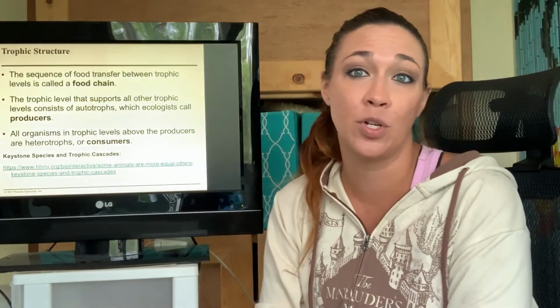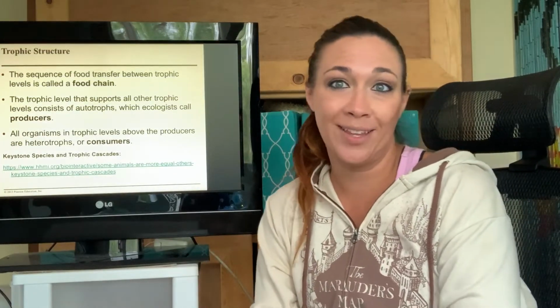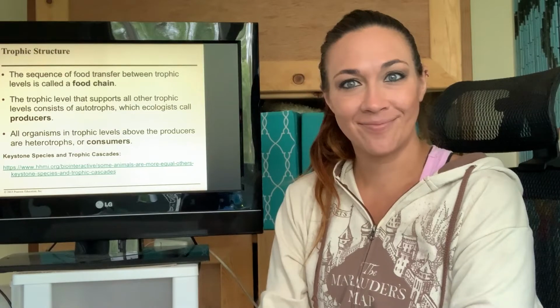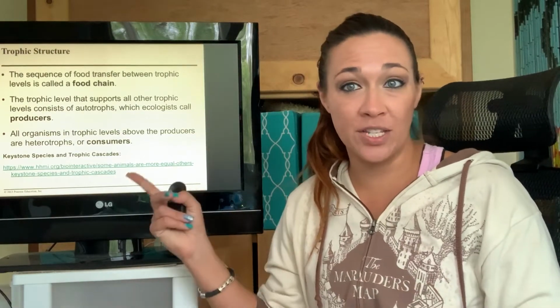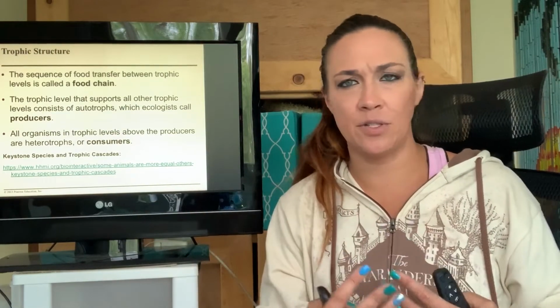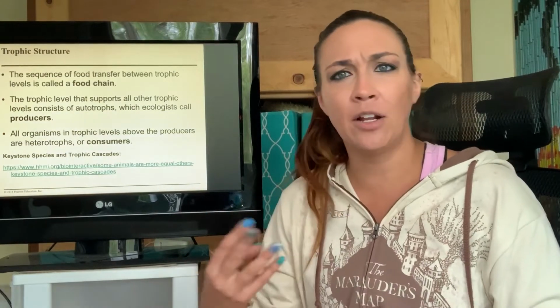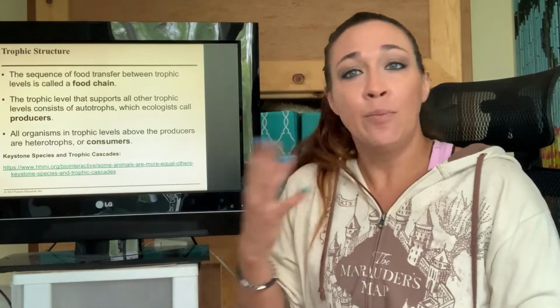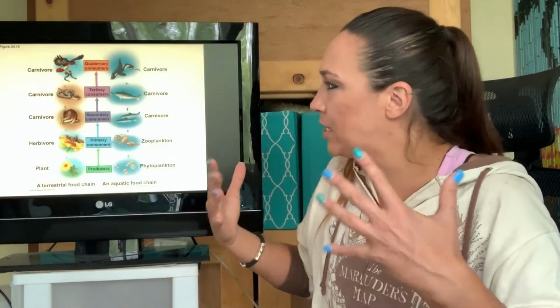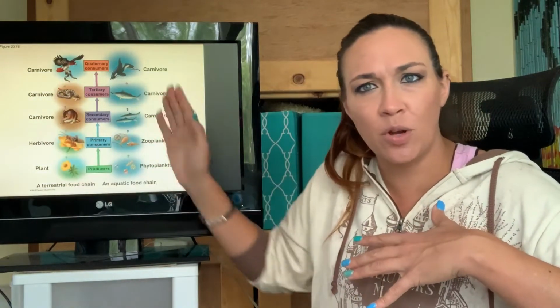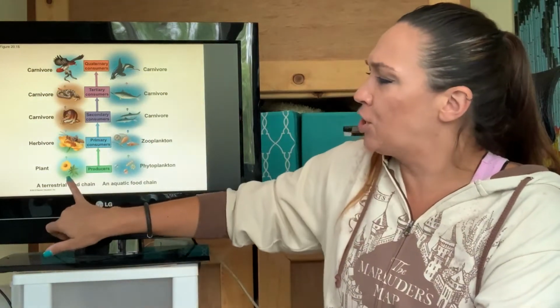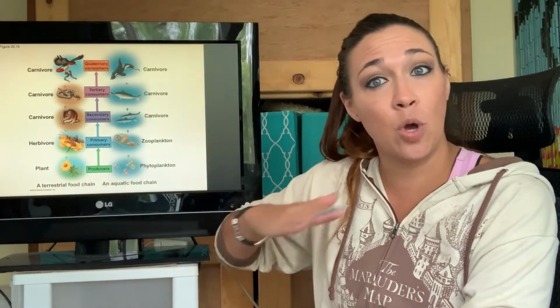This is a really, really great video on trophic cascades and keystone species. I absolutely want you guys to watch it, so I will provide a link right here for that one. Make sure you watch this video. It's really great on keystone species and trophic cascades, and it'll help you understand all this. But moving on, hopefully that video helps you guys. So let's get a couple examples, one terrestrial, one aquatic. Starting with the producers, and the producers always go on the bottom.